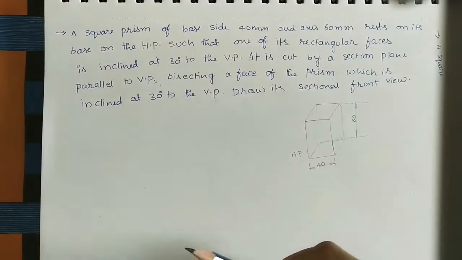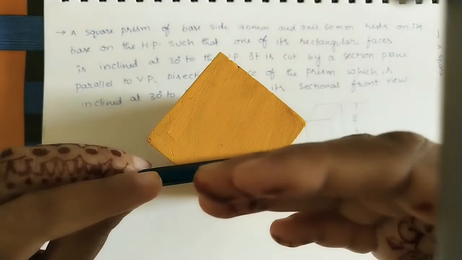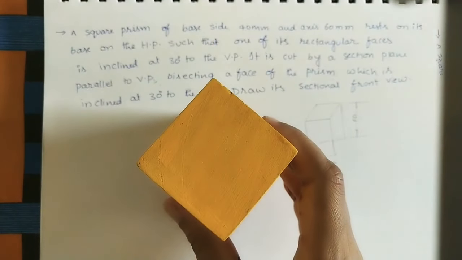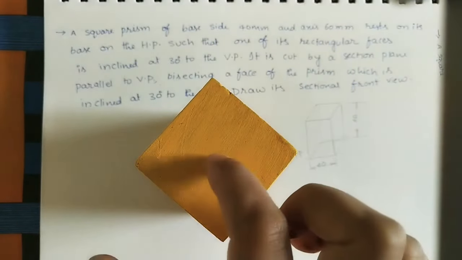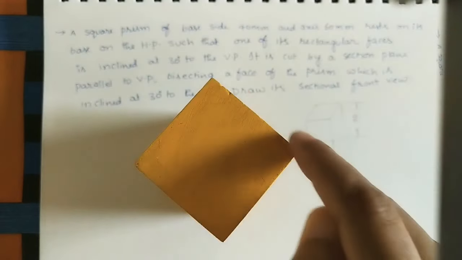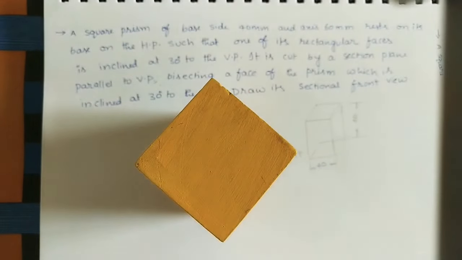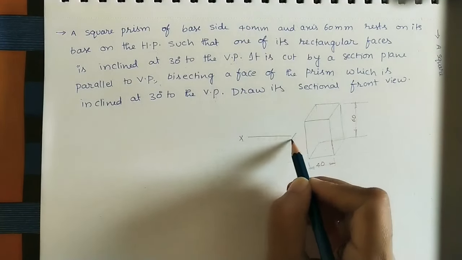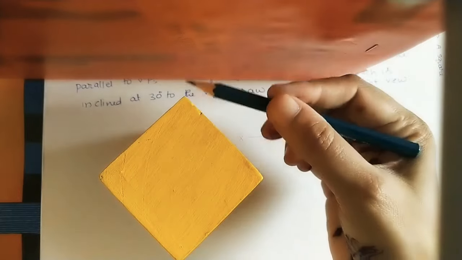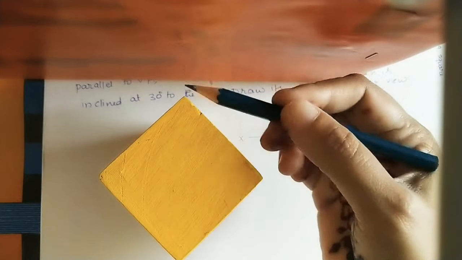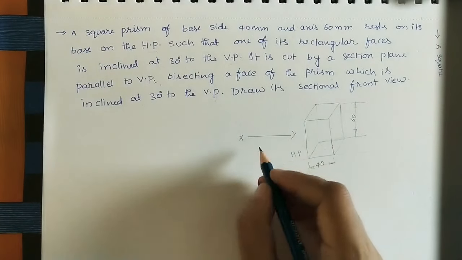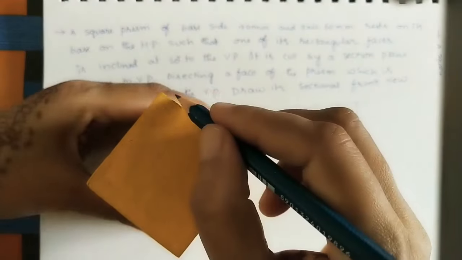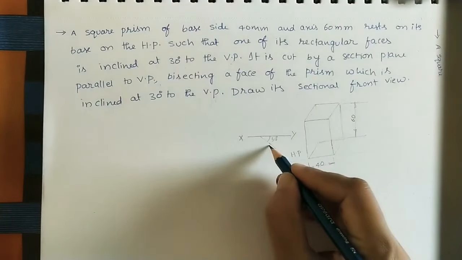After cutting this solid, how does the front view come? First, initially in this position we will do the top view and front view. First we will do the top view. Why we do the top view: in the top view we can see this square which is tilting 30 degrees. Roughly we can do the top view below the XY line. Here the gap between the vertical plane and this square has not been given. We can take any gap. Now below this XY line just take a 30 degrees line. One of the sides is tilting 30 degrees. So I will do one square here.